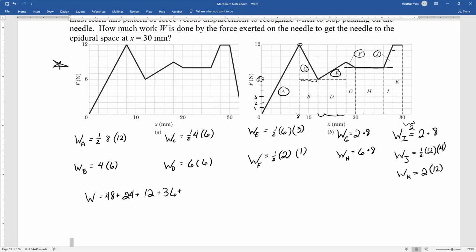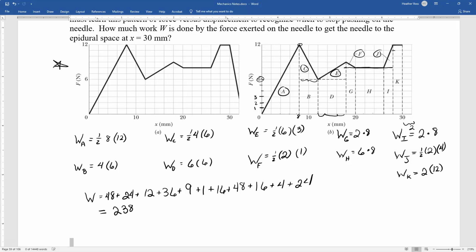So E is going to be 9. F is going to be 1. G is going to be 16. H is going to be 48. I is going to be 4, and then we're going to have 24. Now, if we've done all of our calculations right, and we add this all up, we are going to get